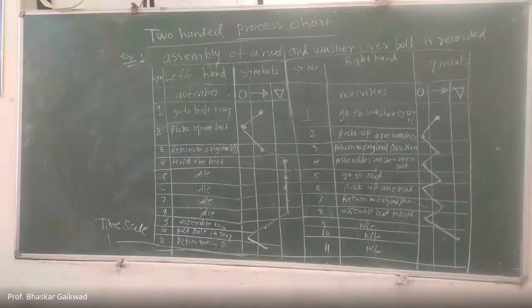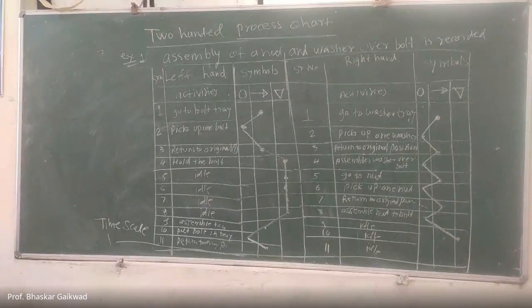Equal efforts we have to give for both hands, and because of this psychological fatigue will not develop in that worker. Otherwise, fatigue will develop in one of the hands, and this affects the efficiency of the worker. So we can use this two-hand process chart whenever repetitive work is there, whenever assembly is there,